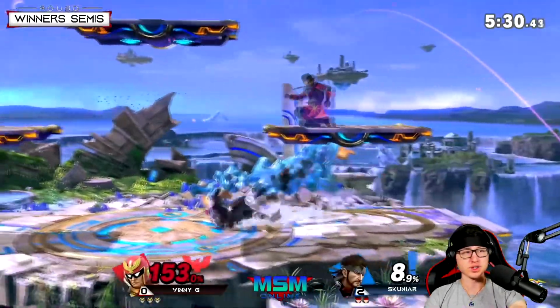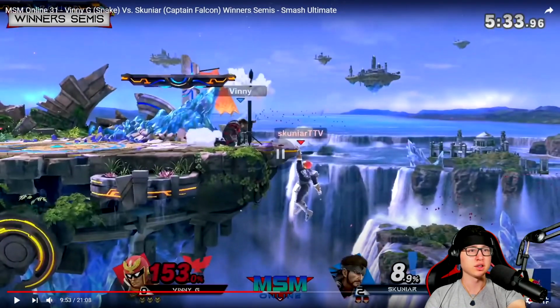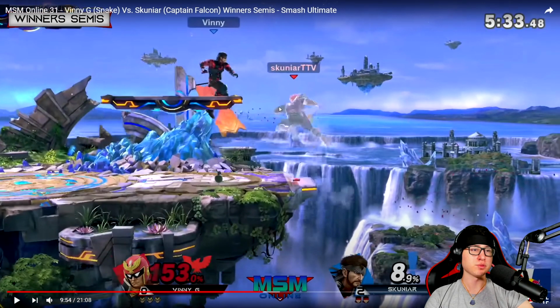That was a good edge guard setup. It didn't work, but it's very important to note that he had up smash to cover the jump. He's got C4 right here. He's got grenade right here to cover roll too. This is going to cover neutral get up. This is going to cover jump. Then he jumps back